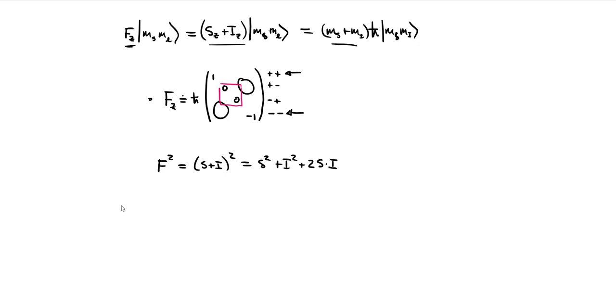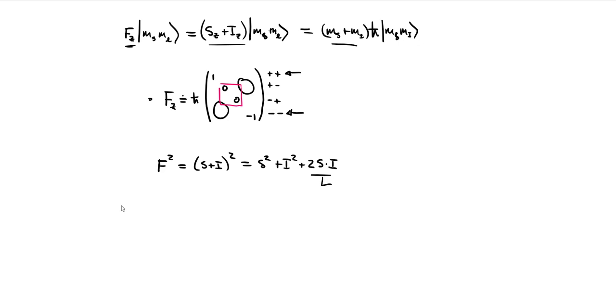I just want to make an aside point: this 2s dot I, this is true because s and I commute. I've taken the two cross terms and just called them this and added them together. I can only do that because I know the spin operator on the electron and the spin operator on the proton commute, because one acts on the spin space of the electron, one acts on the spin space of the proton. But anyway, sorry, a little tangential, but I thought it was important.